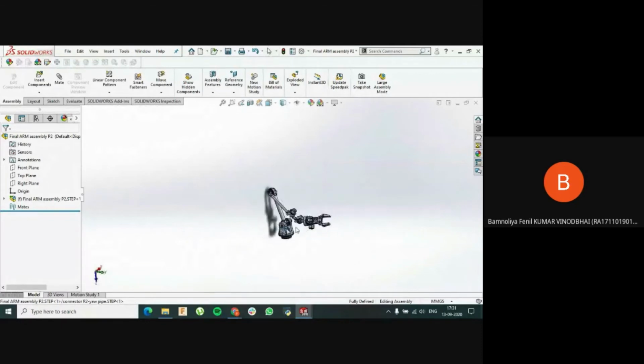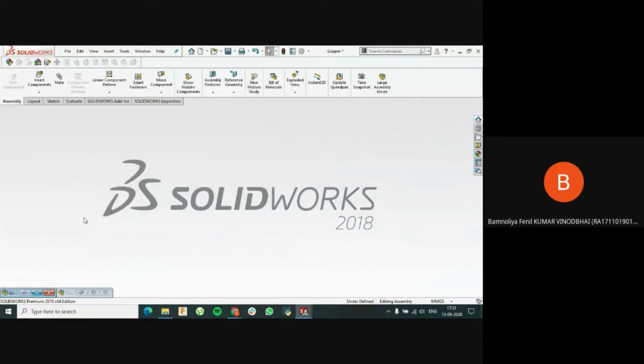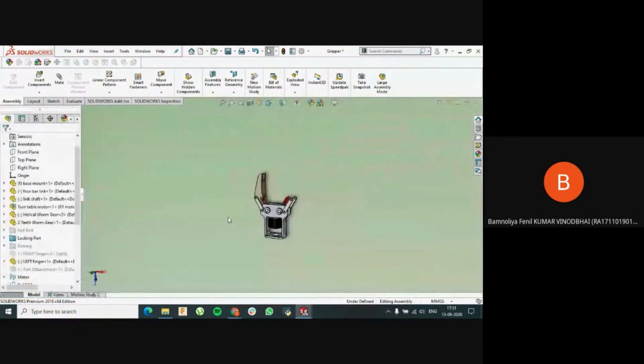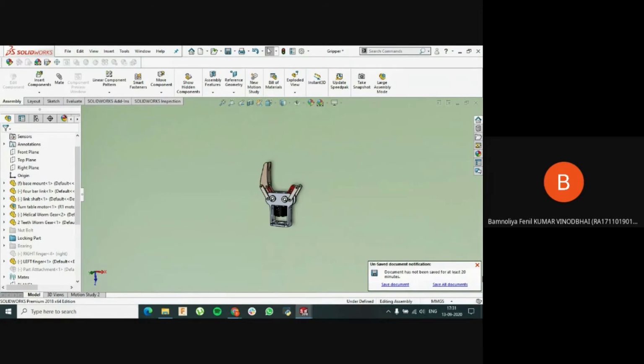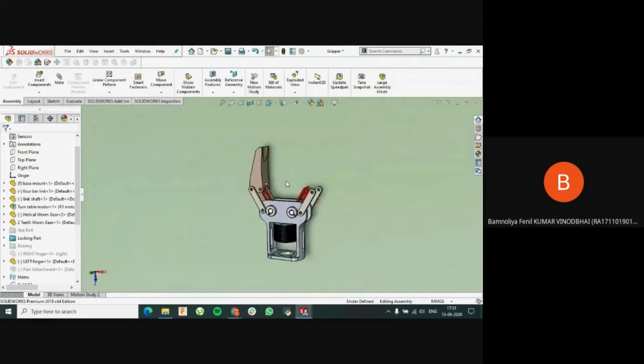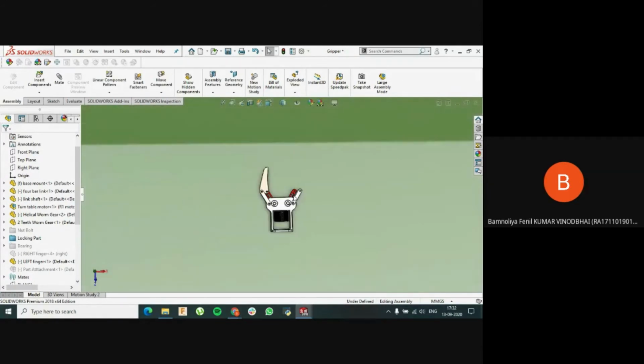Okay. So this is the final output of the assembly, right? So yeah, I already opened this part in the assembly. I told you now that there are two ways to import the parts, right? One is you can just browse from your device, and the other is if your part is identical. Like if you have noticed that in the arm, the gripper has two claws, right? So the second claw is identical about this mid plane, right?